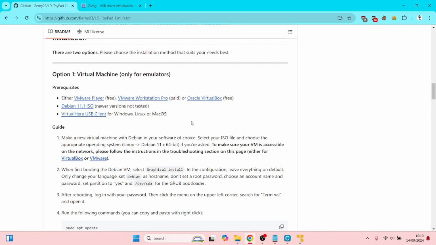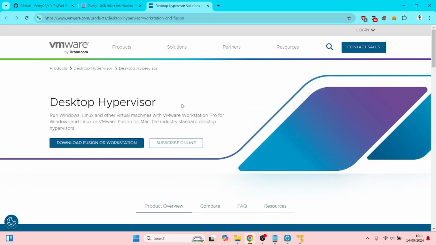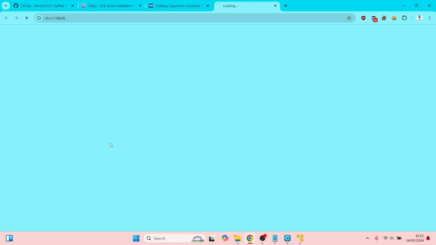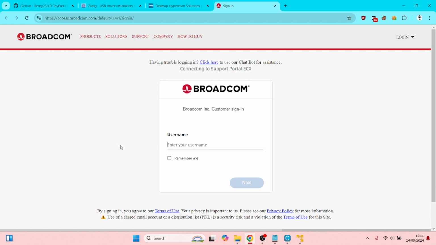Although irritatingly, VMware have decided to make it pretty difficult to try and download their software. So I'm going to do a tutorial on how to do that itself. Because if you click this link, it isn't just as simple as download. Brought to this. If you click download, you're brought to here. It wants you to make an account. I'm going to guide you through